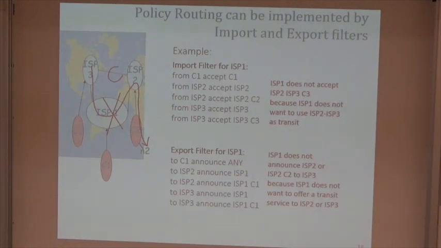For example, here is how this could be implemented. An important part that we have in BGP is the import and export filters. So you will see in the lab how to do access lists to allow or to refuse some things to happen, in particular some BGP updates, some BGP packets to be allowed or not allowed. It's done at the import and at the export. So if we are